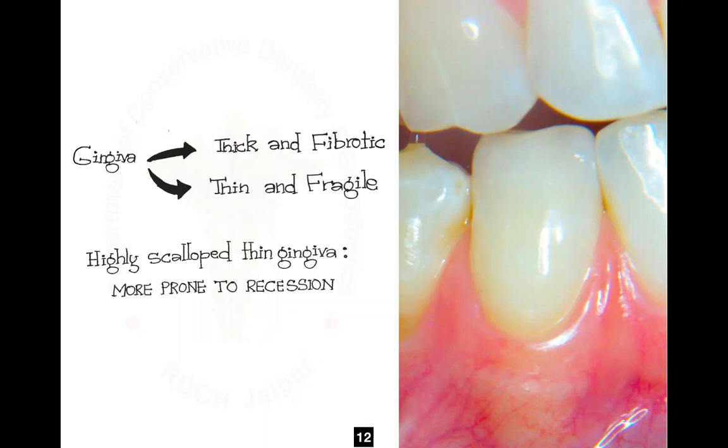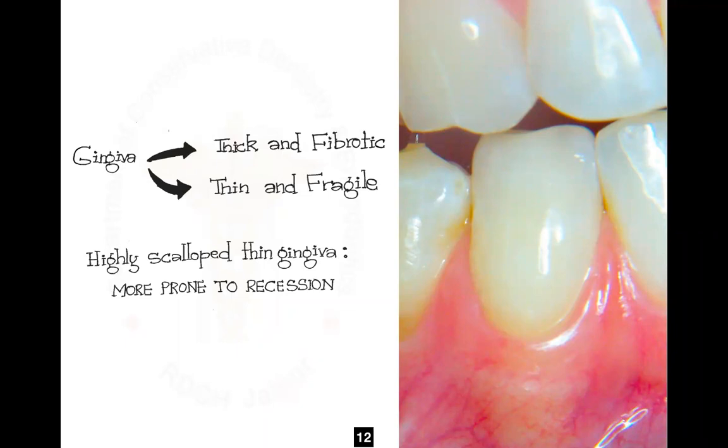I'm so sorry. So the first one was scalloped and thin. The second one was flat and thick. Okay. So gingival thickness, if it is greater than 2 mm or it is 2 mm, it was considered a thick tissue biotype. I repeat, simply define gingiva: one is thick, one is thin. The thin one is more scalloped by type; if you look at more and more patients you'll realize the thin gingiva is more scalloped and the thick one is a little flat.